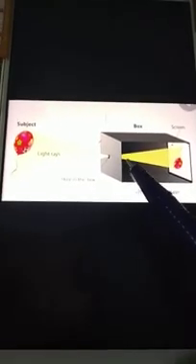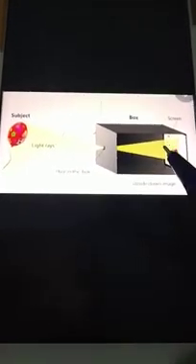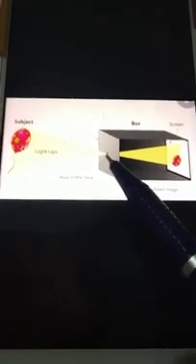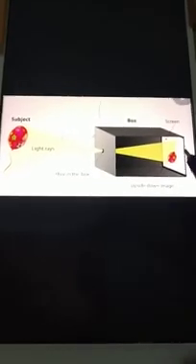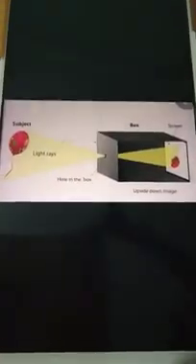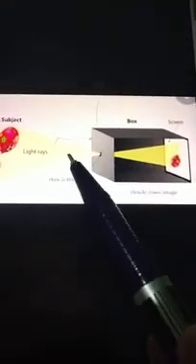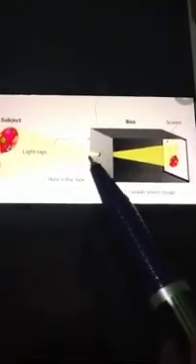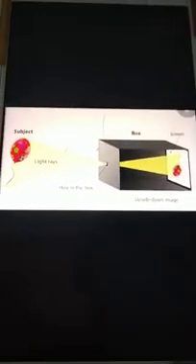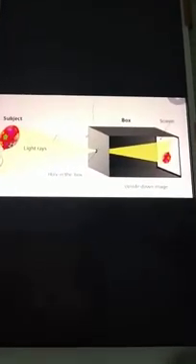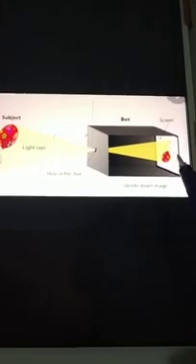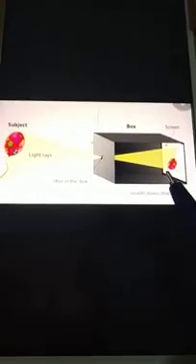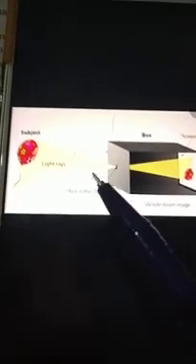How? The size of the image can be enlarged by increasing the distance between the pinhole and the screen. If you increase the distance between the hole and the screen, how? You can take a bigger box. Yes, if you take a bigger box, the screen and the hole will be at a very large distance and you will see the image size will be enlarged. Okay? And one more factor, it depends upon the distance between the object and the pinhole.